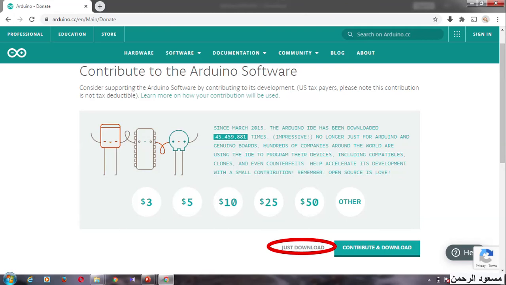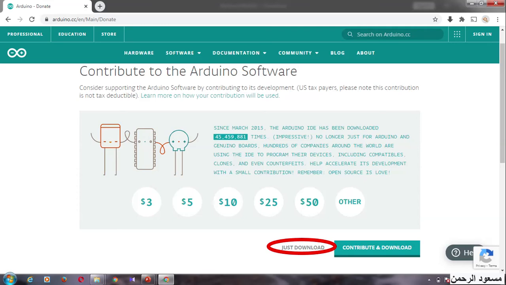Once the download is finished, which may take less than 5 minutes depending on the internet connectivity, we have to extract it, because it is a zip file.